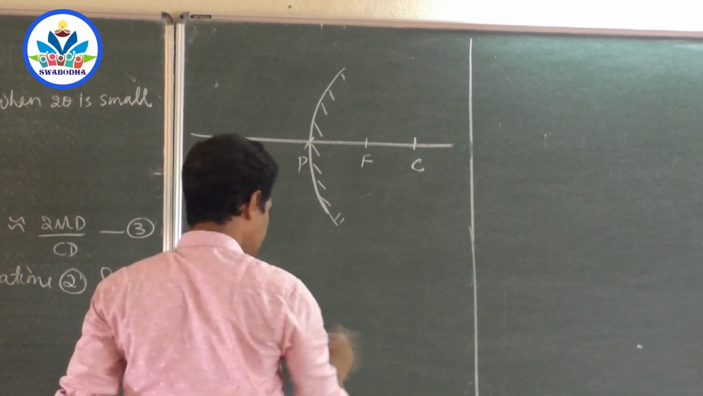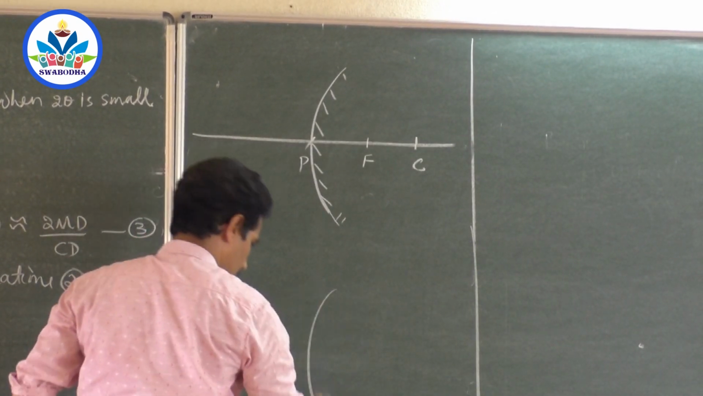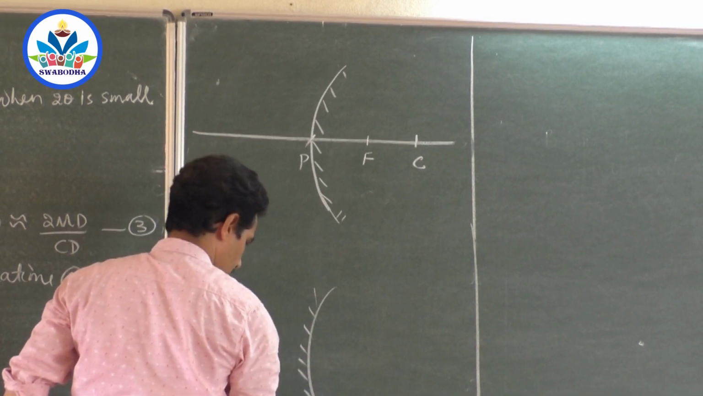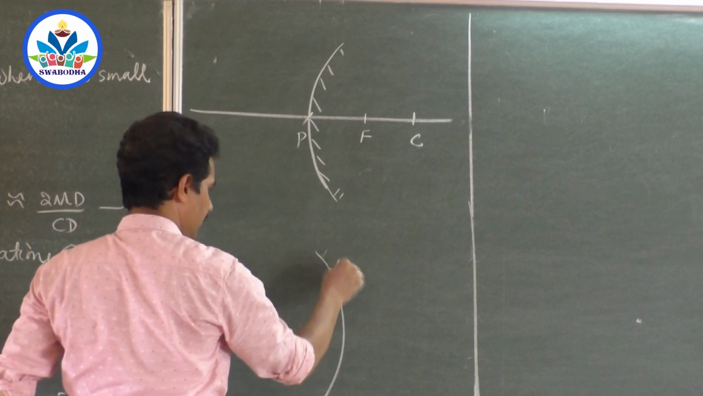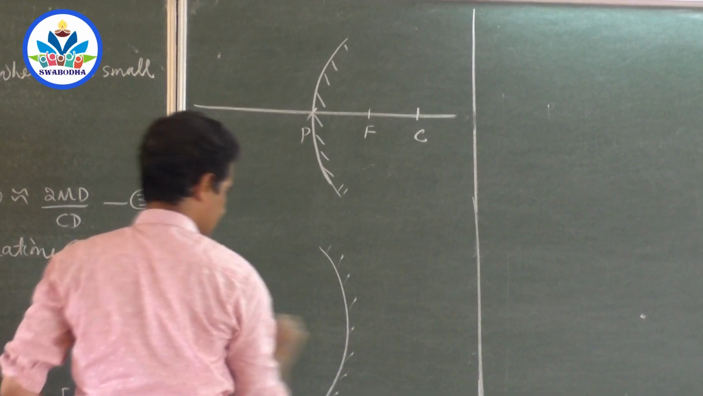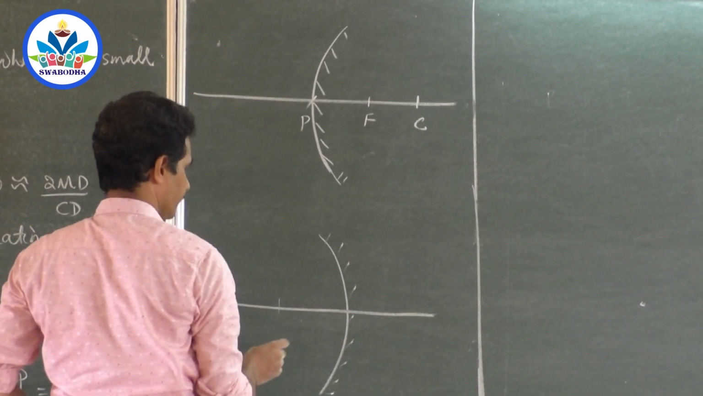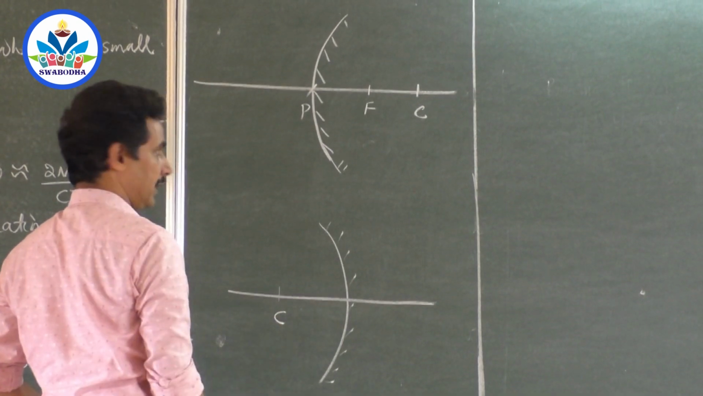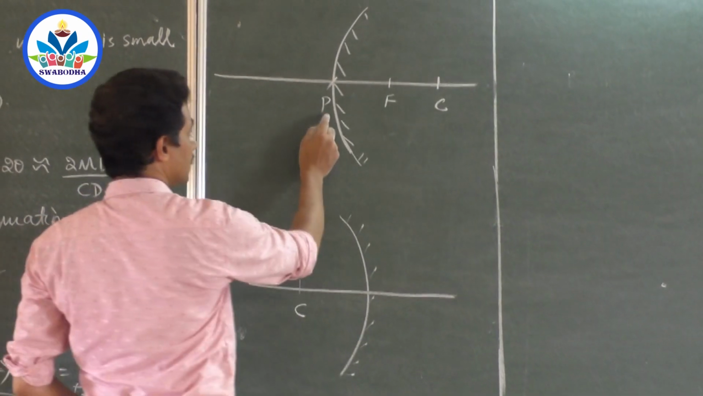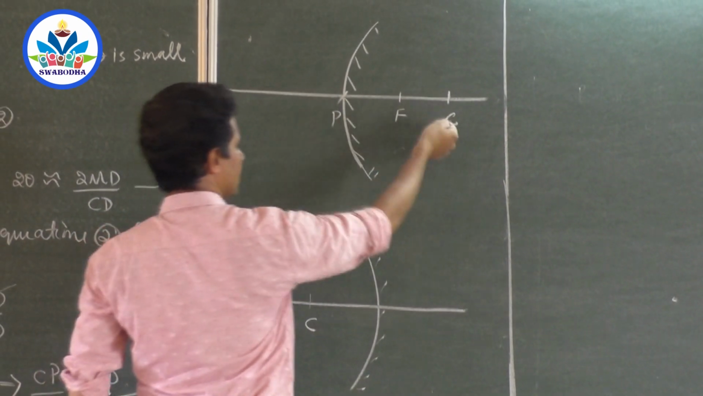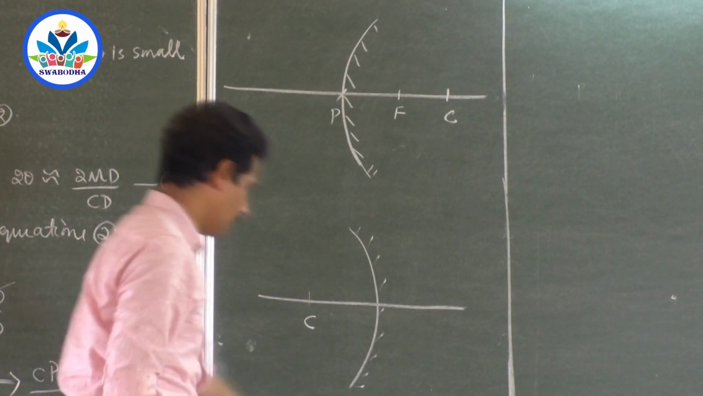Whereas in a concave mirror, it is, sorry, this is not the way, this is the way. For a concave mirror, the center lies here, inside the mirror, whereas the center lies on the reflecting side. Here the center is not on the reflecting side, it is on the inner side. Okay, now,